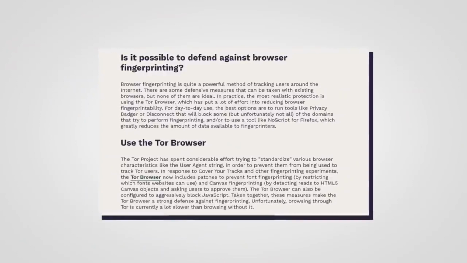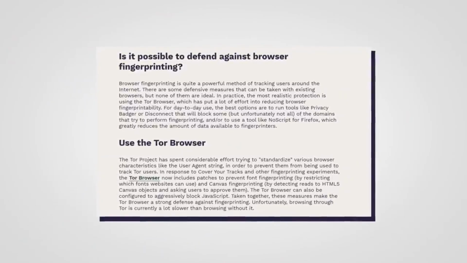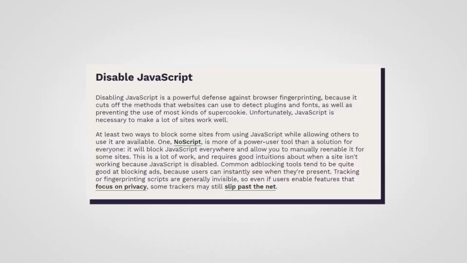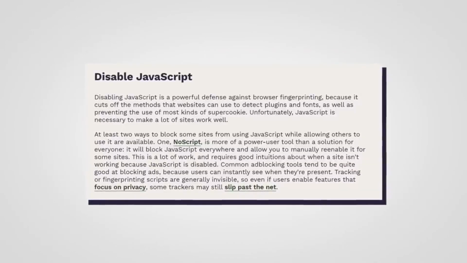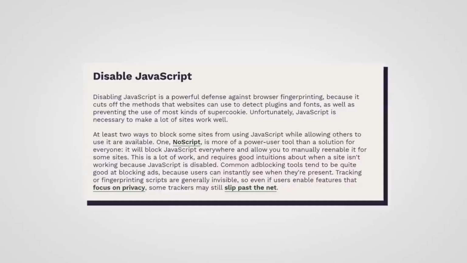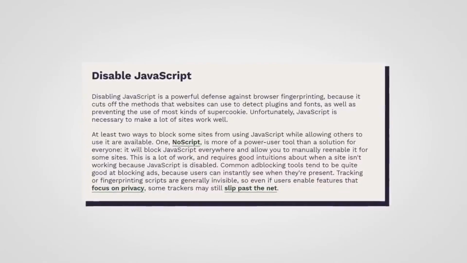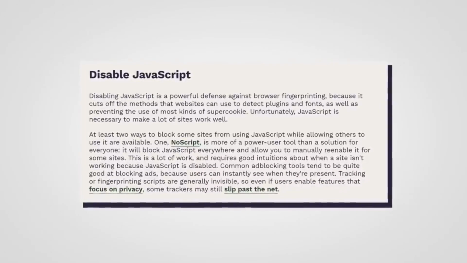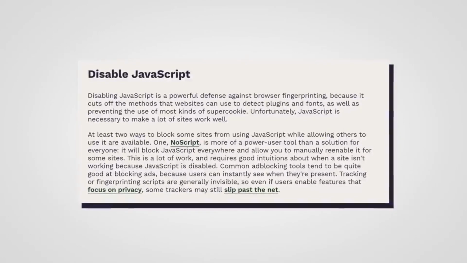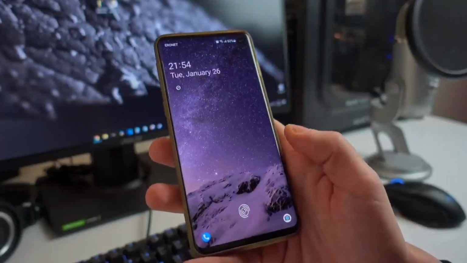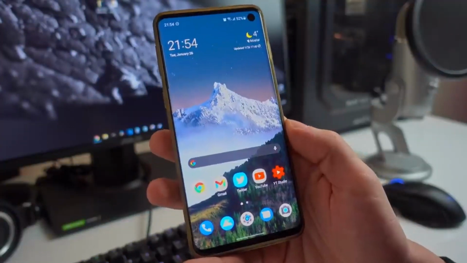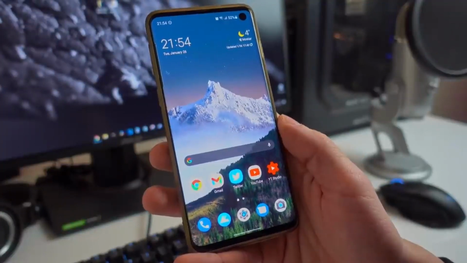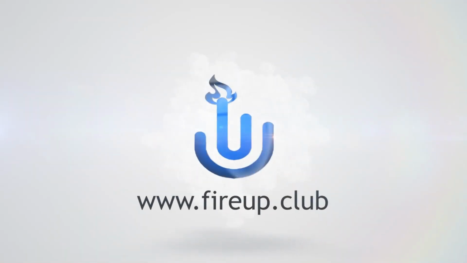When it comes to countering browser fingerprinting, the EFF and a number of other authorities recommend using the Tor browser, which has put a lot of effort into combating the issue. Some people also recommend using specialized tools and disabling particular browser features, but while these types of measures can stop certain information from going through, they also have the potential of creating their own sets of characteristics, which again can be used for creating a fingerprint. And as for the case of device fingerprinting, well, if you're going to use a standard Android or Apple device that is connected to Google and Apple respectively,